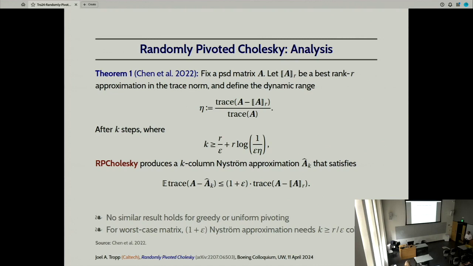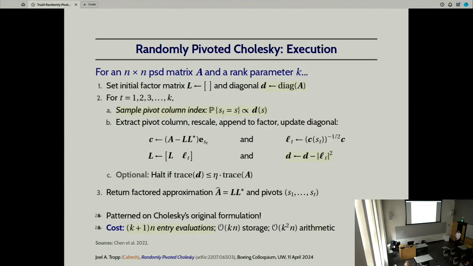Okay. So far, this has all been pretty abstract. What I'd like to emphasize from this section is that Cholesky's method was proposed as a method for solving positive semi-definite linear systems that arise in geodesy. What I've shown you is you can also use Cholesky's method to produce low-rank matrix approximations, but I haven't explained to you why you might want to do that or what the advantages of this method might be as opposed to something more sophisticated. So before I continue, let me just give you a little bit of pseudocode to show how this algorithm works. So it's pretty similar to the method Cholesky devised in the first place.